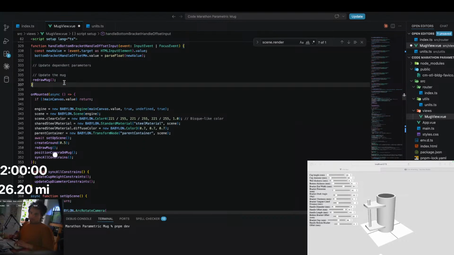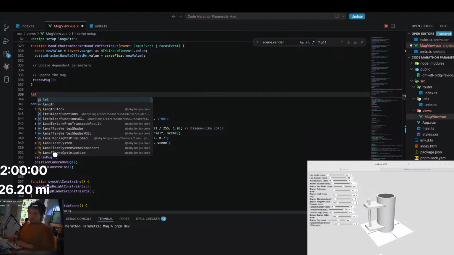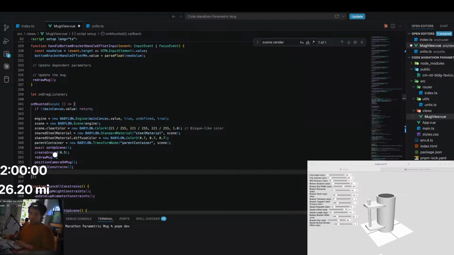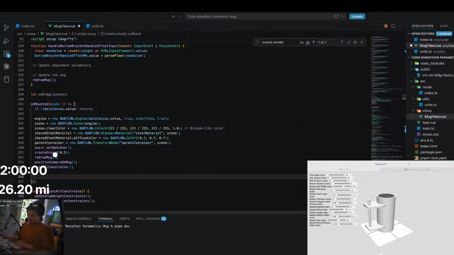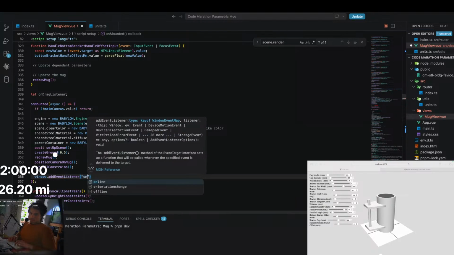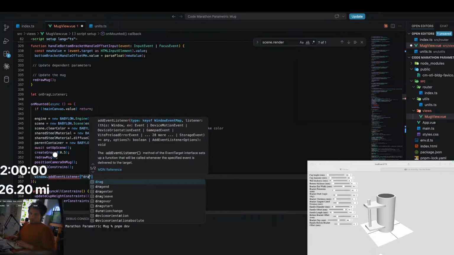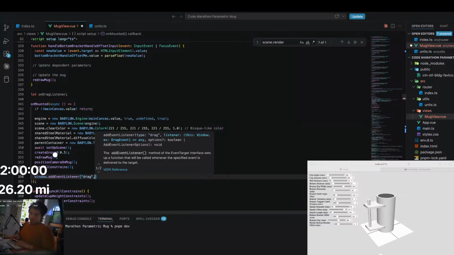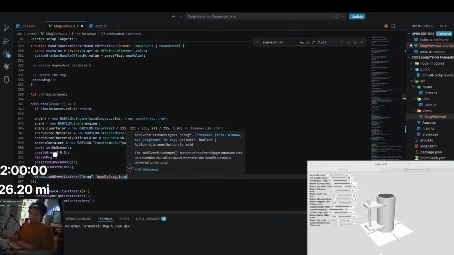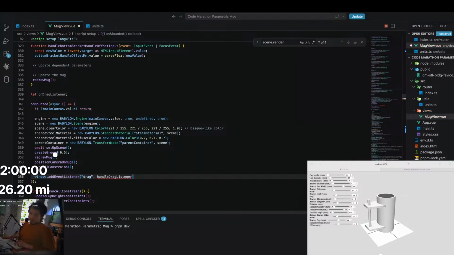So I'll just add something called let on drag listener, and then I'll do window dot add event listener, drag, handle drag listener, and then I'll set